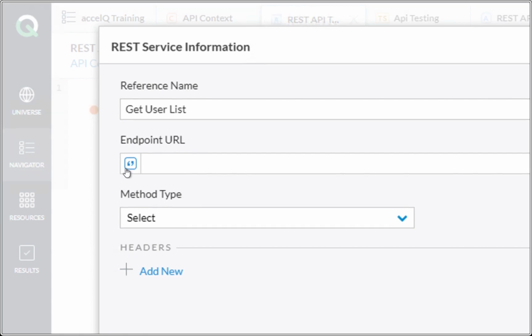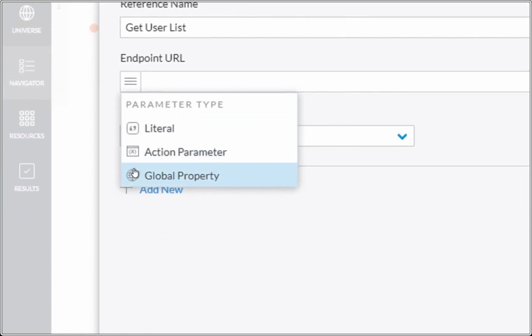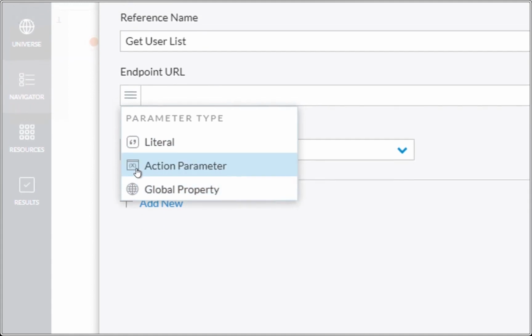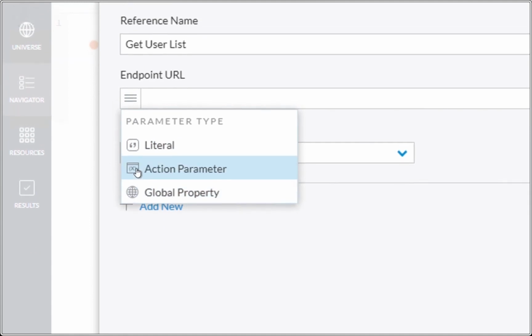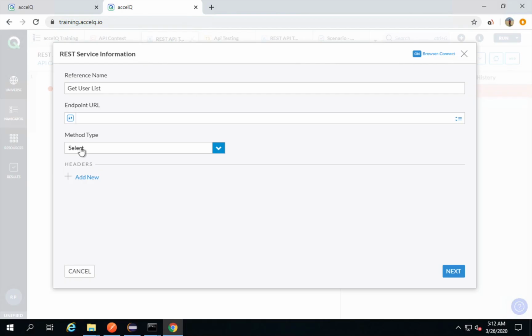Also, you can see we can parameterize this value, so you can get it from my action or a global parameter as well. And this will be very handy when you are doing data driven testing or when you are running your APIs on multiple environments. So for now, I'm just going to use a literal here, and I will paste the URL,